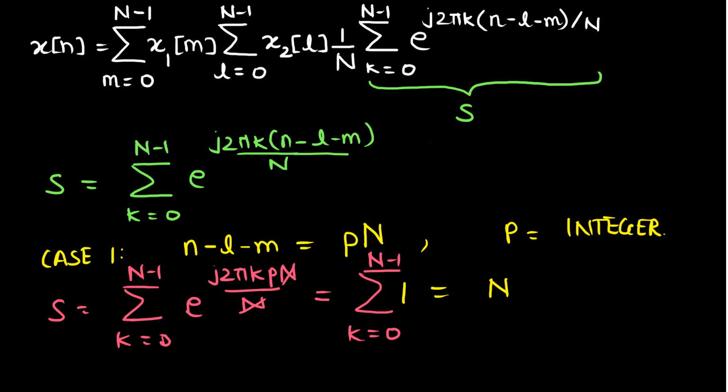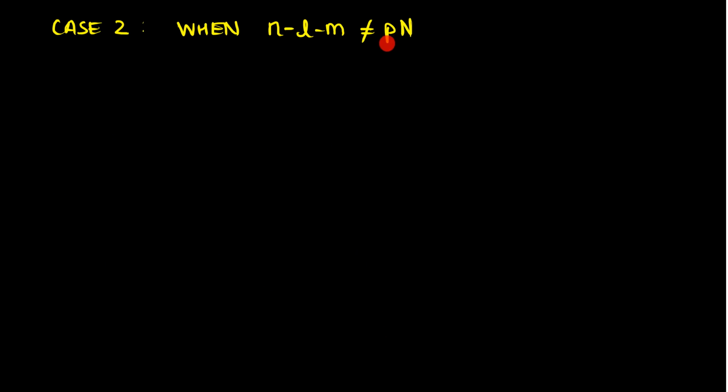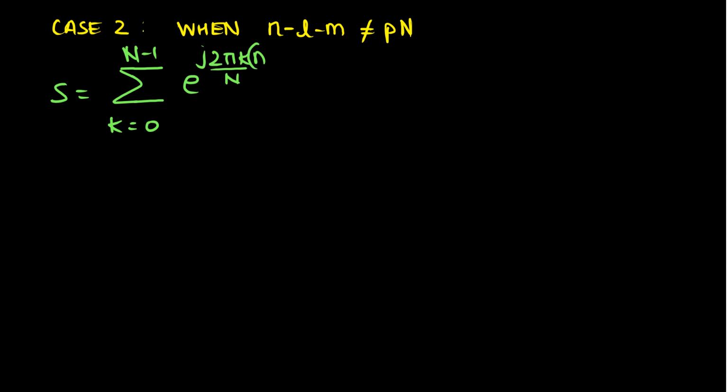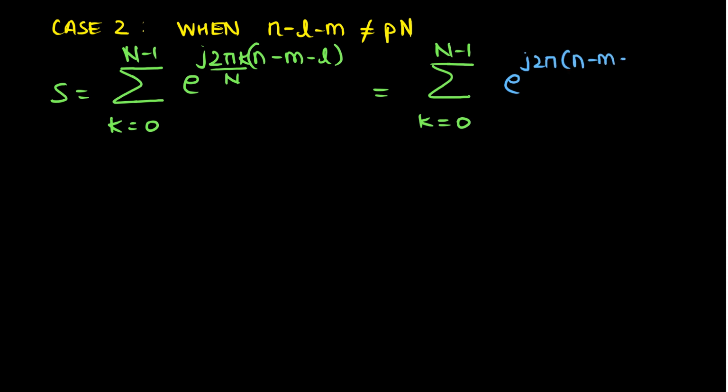So now let us consider the second case where this n minus l minus m is not an integer multiple of N. So for that this summation can't be reduced further, so it is given as k running from 0 to N minus 1 e to the power j 2 pi k n by N. So it is n minus m minus l, and this can be written as summation k running from 0 to N minus 1 e to the power j 2 pi into n minus m minus l divided by N whole to the power